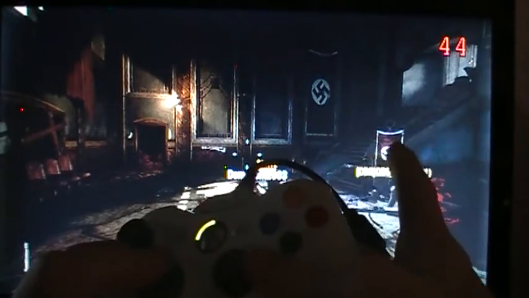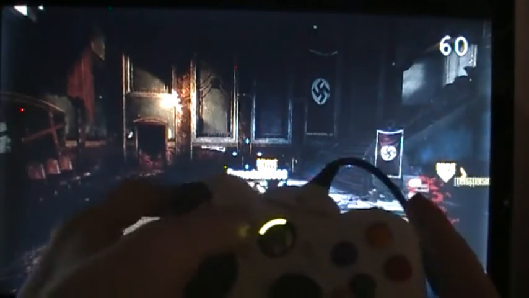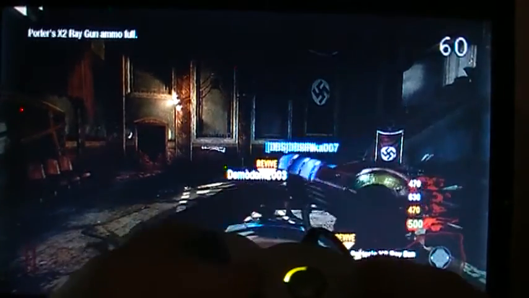If you want to put the speed up of the game, you press start and then up, and it'll do this. So start and then up, and you can also kill all zombies by pressing RT. You can press start again and then up to do that. Then go back into the other menu by pressing that, and then you want to press X and then up to get the ray gun,